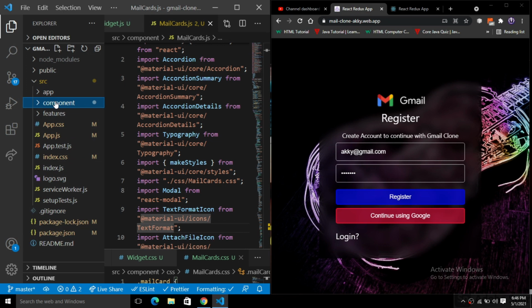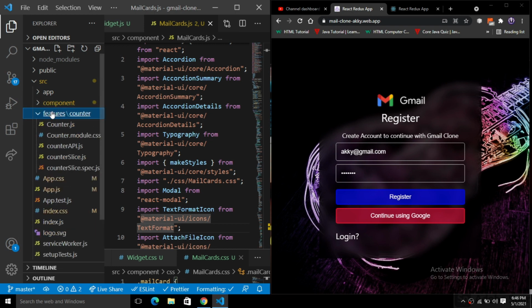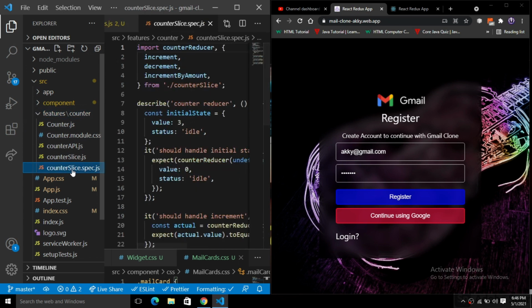We have already installed the Redux template. If you do not know how to add this template, you have to run the npx create-react-app command and then pass double hyphen template redux. Then you will get a directory with the name counter. We have many folders inside of this features folder, and I'm going to delete the ones we will not need, one by one.